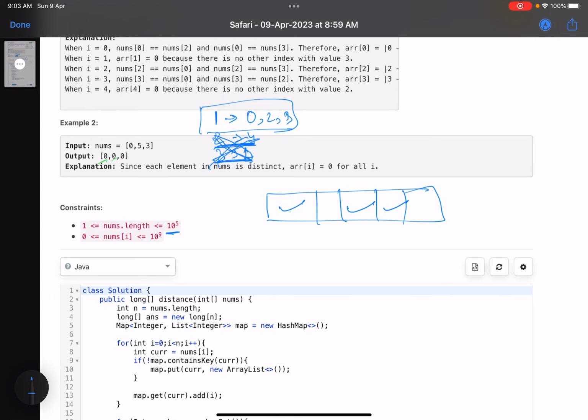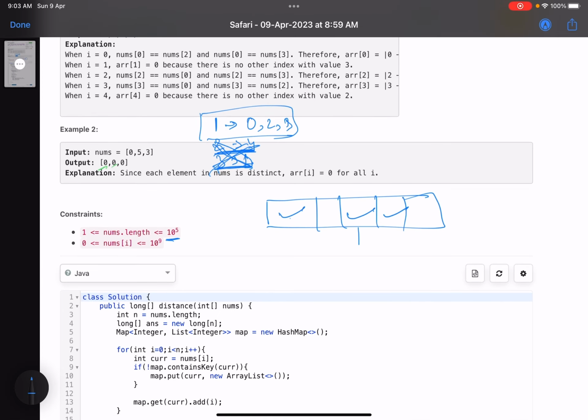So here also what we have to do is, suppose you are standing at this index. So how do you find the difference? Whatever is the sum of indices where you have 1, I'm talking about value 1, wherever you have 1, first you put all the indices together. Let's create a list or sorted list, okay? And suppose I'm talking about this index. So what you will do is, whatever is the sum of indices till here.